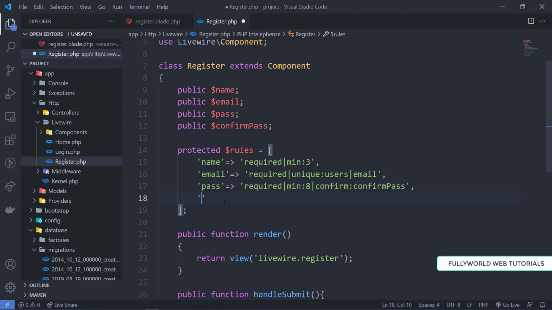Next we need the confirm password, and this we also have to require.